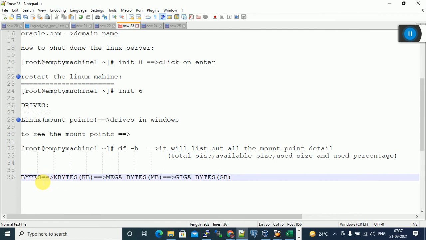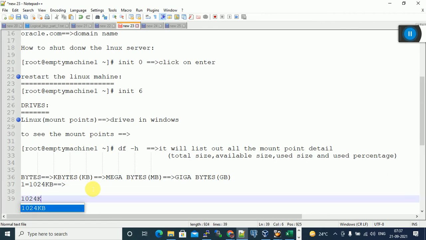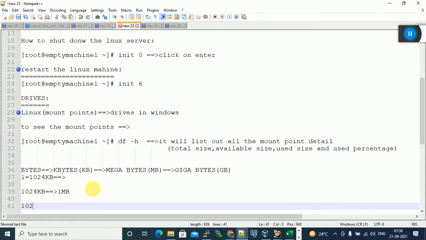We calculate memory in bytes. 1024 KB equals 1 MB. 1024 MB equals 1 GB.